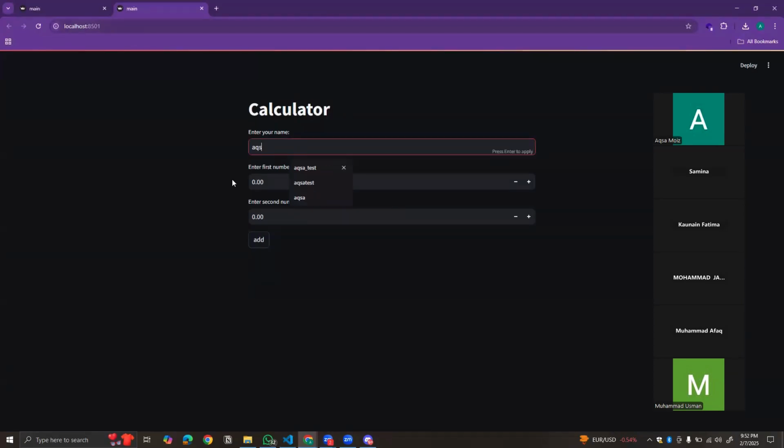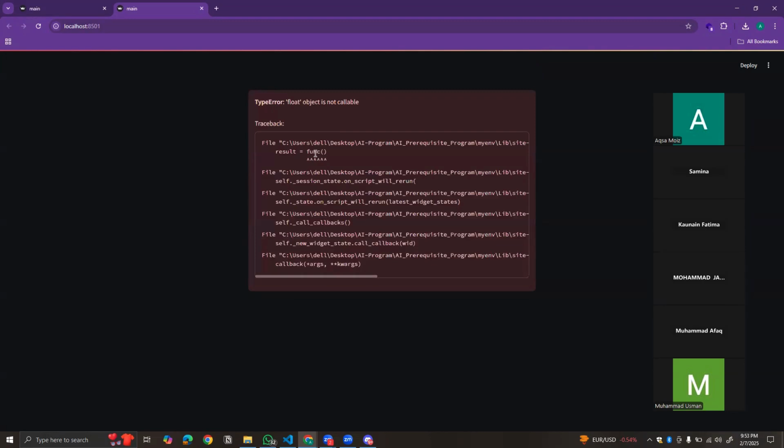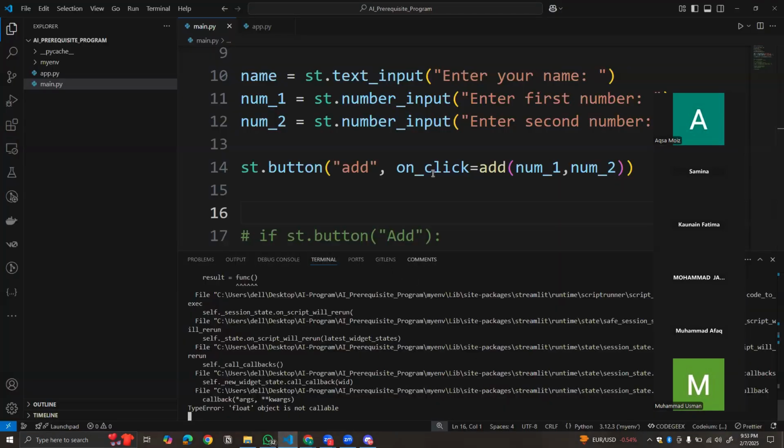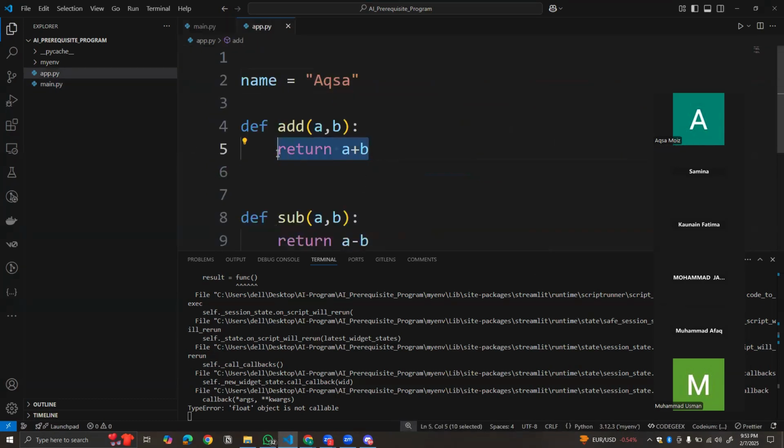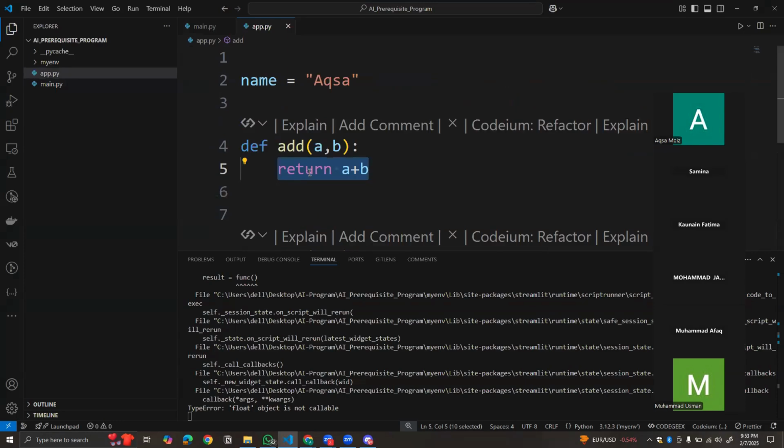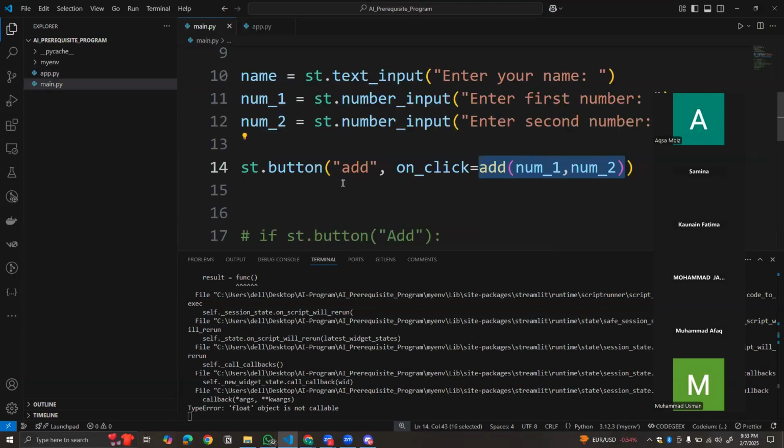अब मैंने यहाँ पे अपनी वैल्यू दी 12, यहाँ पे मैंने सेकंड वैल्यू दी 14। अब मैं ऐड करवा रही हूँ। देखो उसने मुझे बता दिया, नॉट कॉलेबल। उसका रीजन क्या है, देखो मैंने यहाँ पे ऑन क्लिक पे फंक्शन तो कॉल करवा दिया, बट इस फंक्शन का एक रिटर्न है, मतलब ये कोई ना कोई वैल्यू रिटर्न करेगा। और उस वैल्यू को सेव करवाने का कोई वे नहीं है यहाँ पे, इस वजह से मैंने मना किया कि इस तरीके को हम यूज नहीं करेंगे।